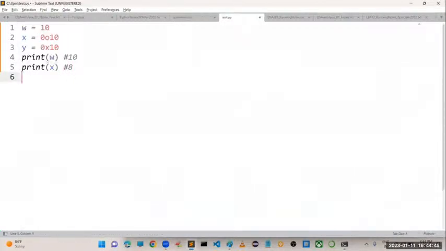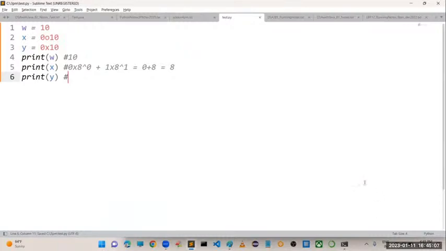Okay, so now I am taking print of y. As usual, for the octal one, how we got 0 into 8 power 0, just for your understanding I am taking, and 1 into 8 power 1 I am taking, which is nothing but 0 plus 8. The result is 8.